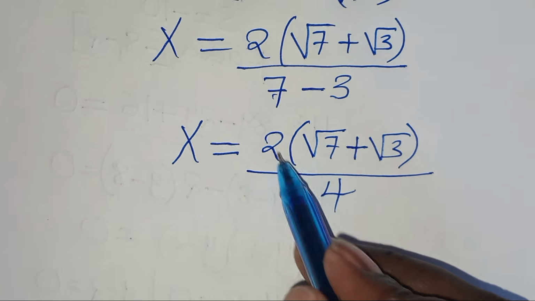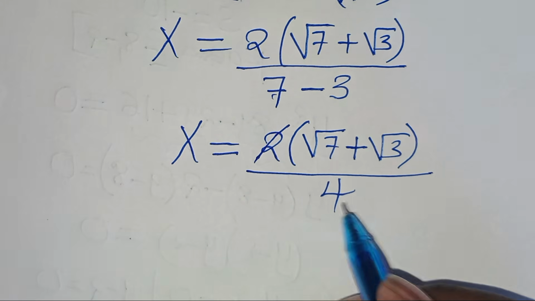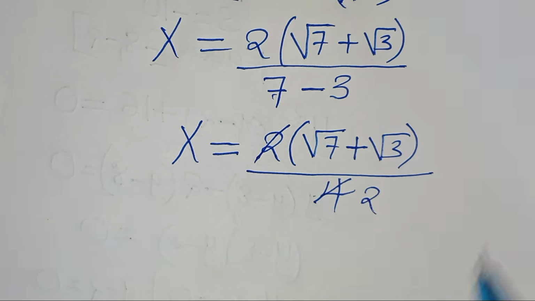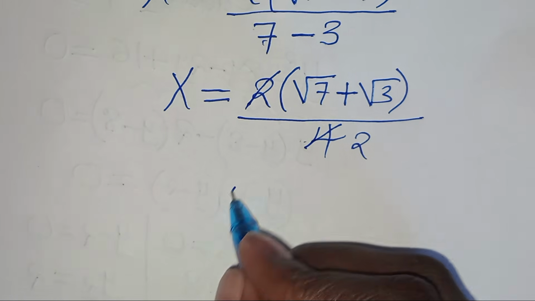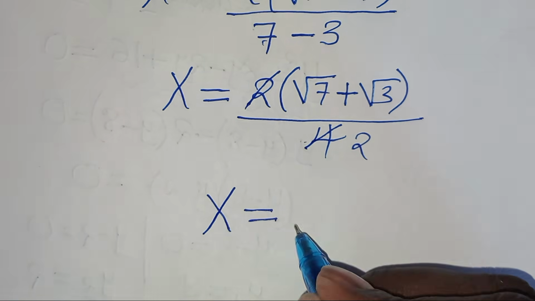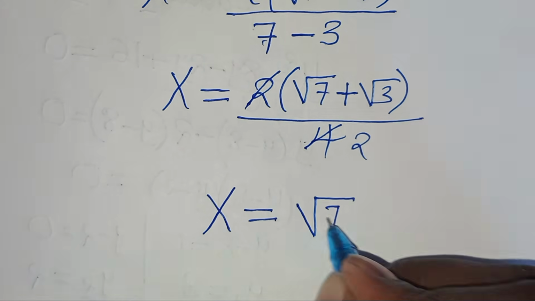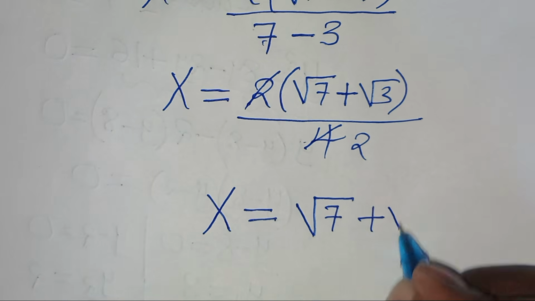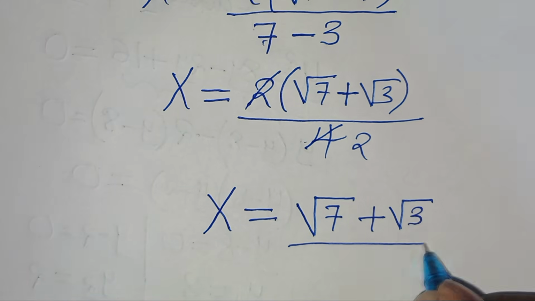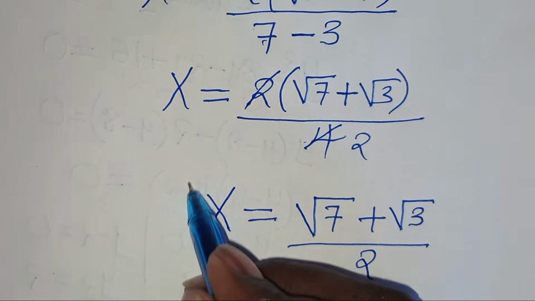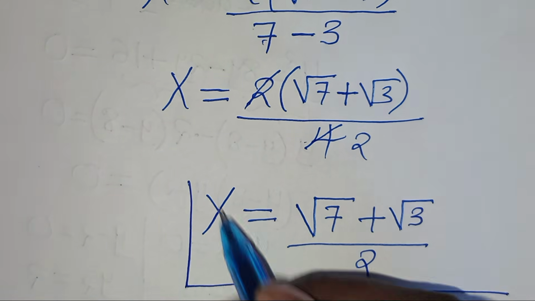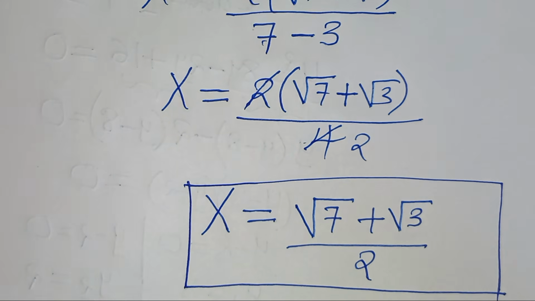So let's simplify here. 2 divided by 2, this is 1. 4 divided by 2, this is 2. So this implies that the value of x is equal to square root of 7 plus square root of 3 divided by 2. So this is the value of x, and this implies that